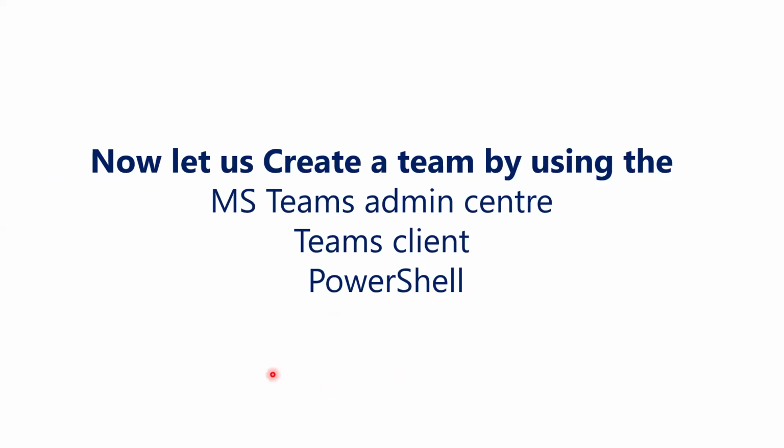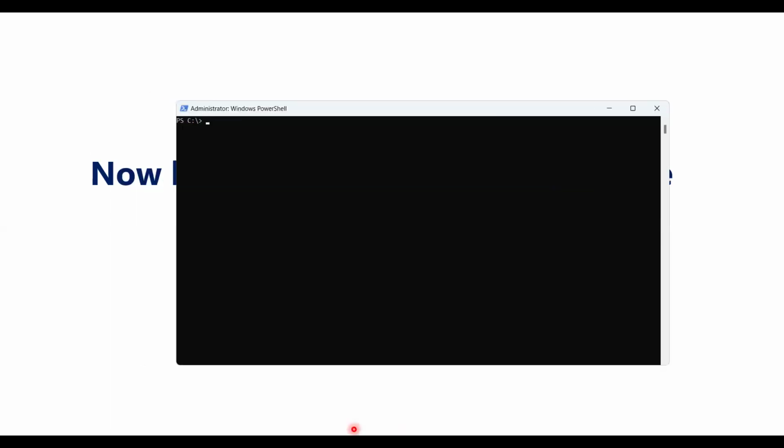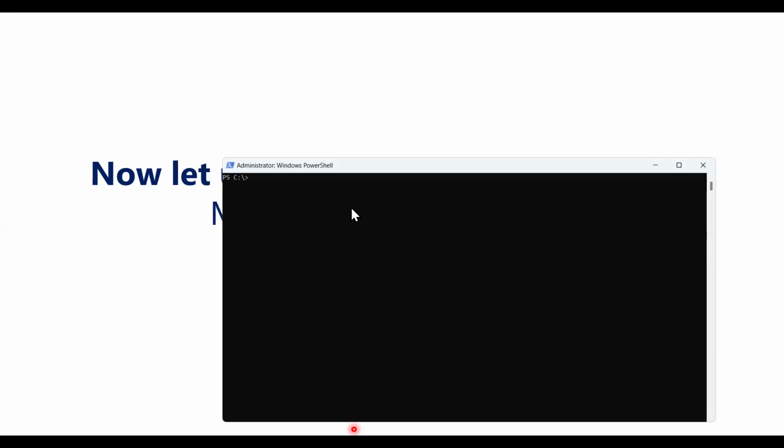in your system itself, you just open Windows PowerShell. You just click on Start and open Windows PowerShell. Open this Windows PowerShell as administrator. After you open Windows PowerShell, you have to run a couple of commands. So the first command would be install